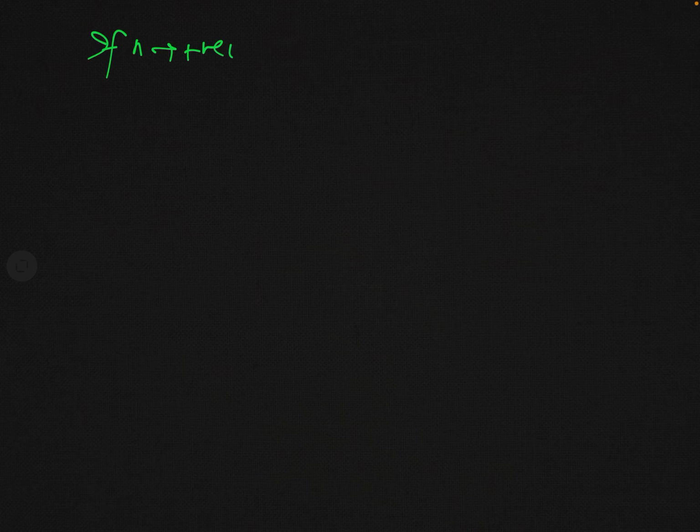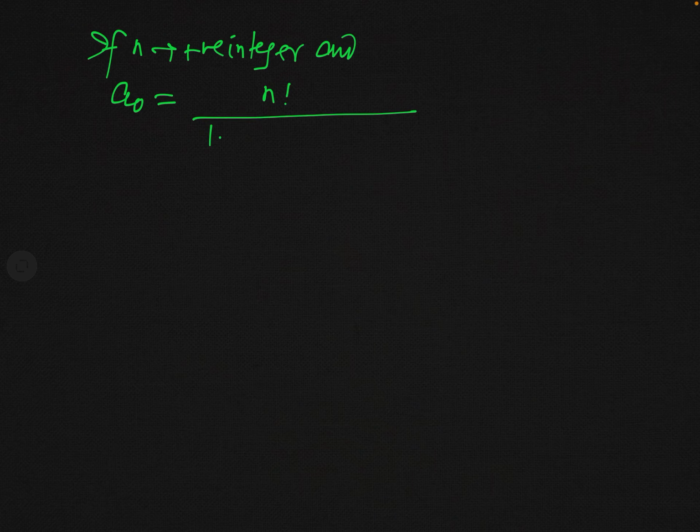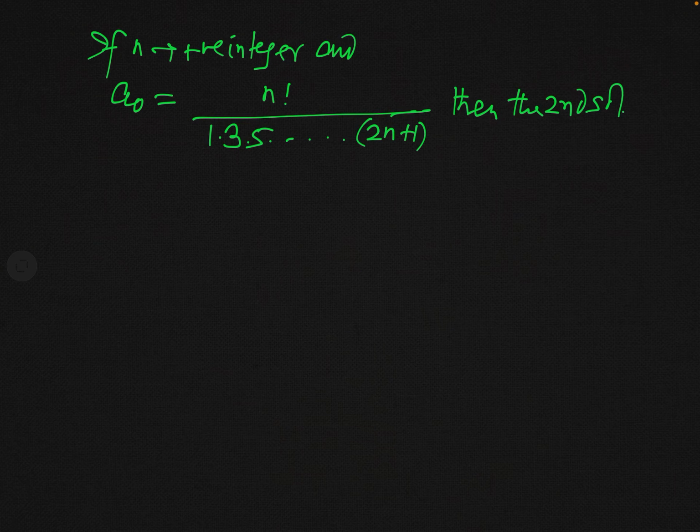So again we consider, if n is a positive integer, and this a naught is defined in this manner: factorial n divided by 1 into 3 into 5 and so on into 2n plus 1, if a naught is this much. In fact, in this condition, then the